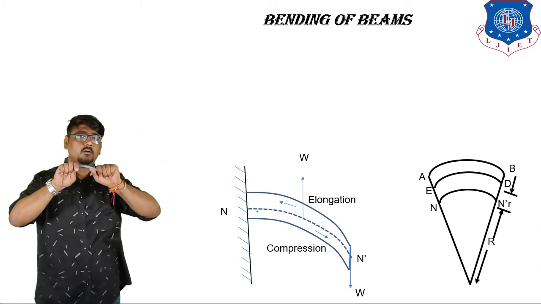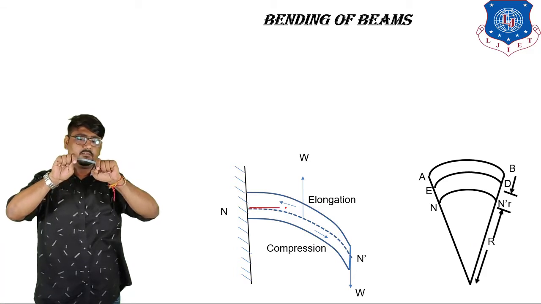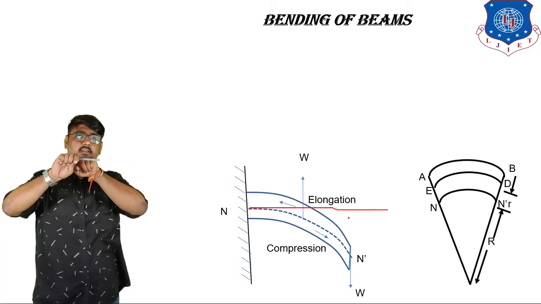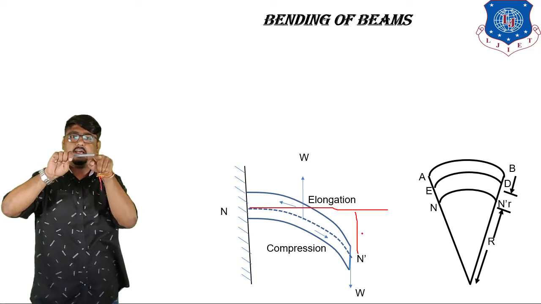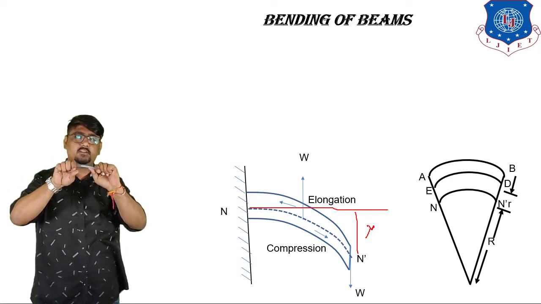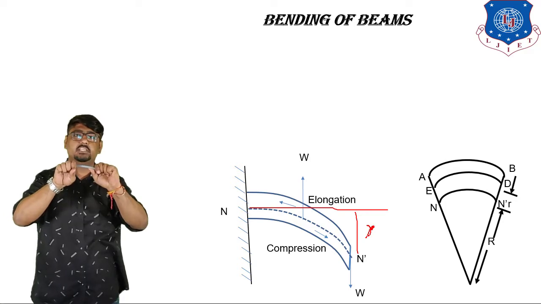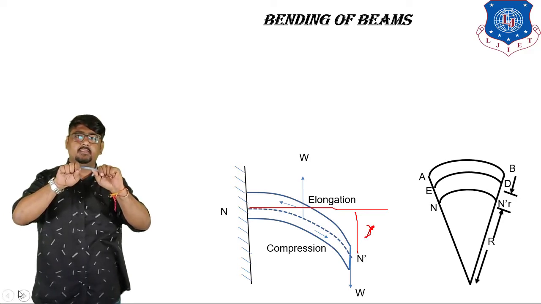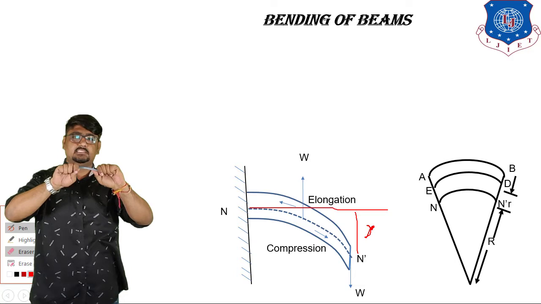Because of the bending, it is formed in the shape of an arc. It is an elastic material. Beams are generally elastic in nature. They have steel framing in them, so it provides the elasticity.